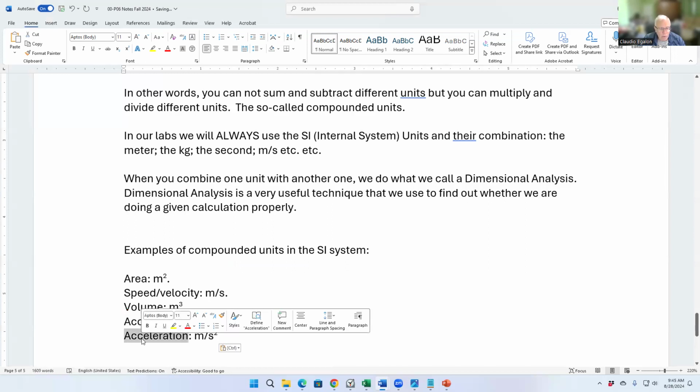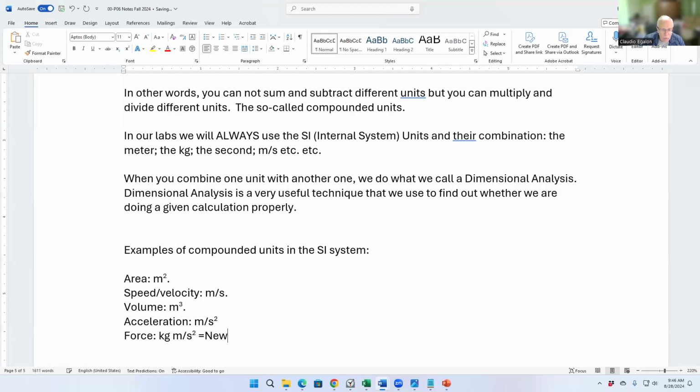The unit for force is a compounded unit that involves the kilogram, the meter, and the second. Kilogram meter per second square. This unit is so important that we give it a special name. We call it the Newton, which is abbreviated by the letter N. We're going to use those things so frequently that you're going to end up memorizing them. So make sure you start memorizing, at least for the force, kilogram meter per second square. The unit of force